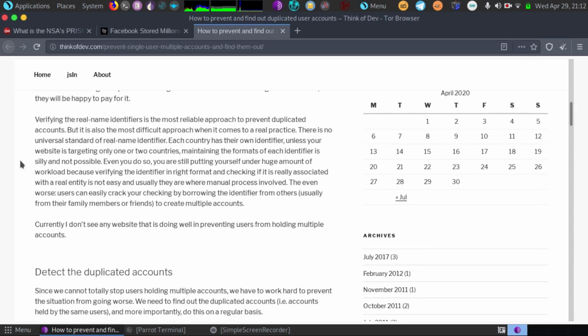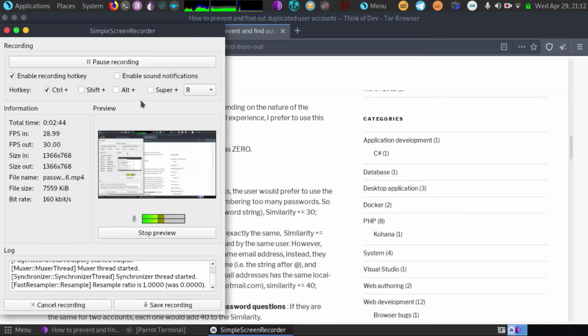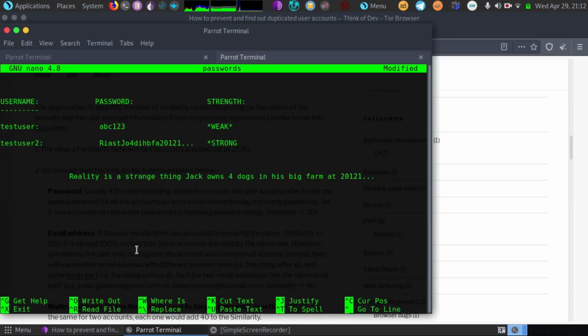We're going to now talk about how to make these passwords. Here I've set up a simple set of two usernames on my system, and I'm going to compare them. One trick you can use to create passwords is to use an acronym: a sentence using numbers and symbols that you can remember, and then turn that into an acronym. So here I have used the example of a horrible password, ABC123, and then a strong password that uses an acronym. So this is what we would do to choose a password.